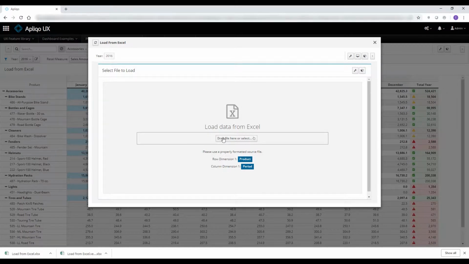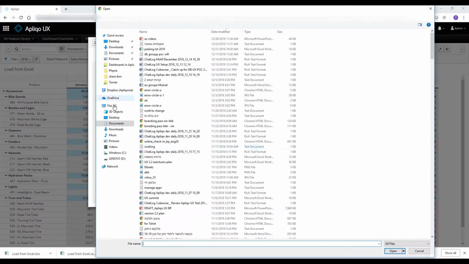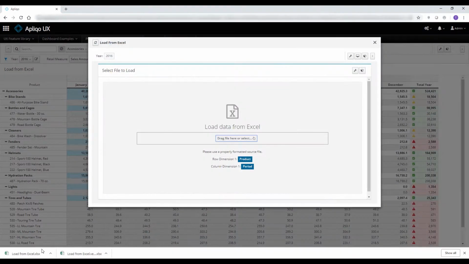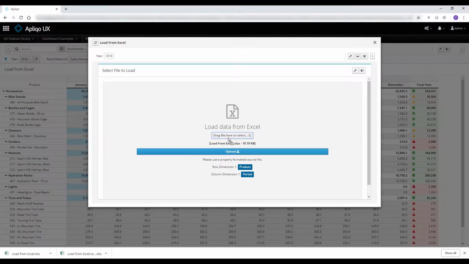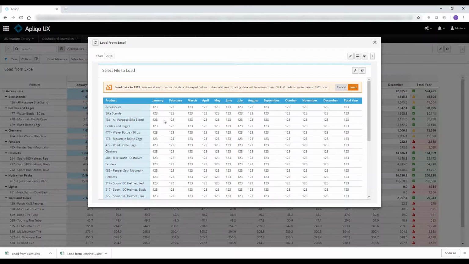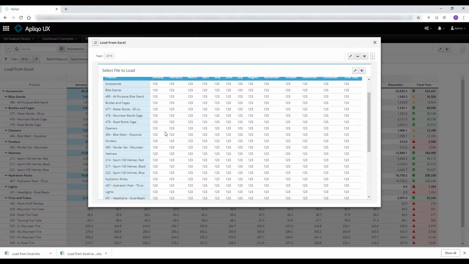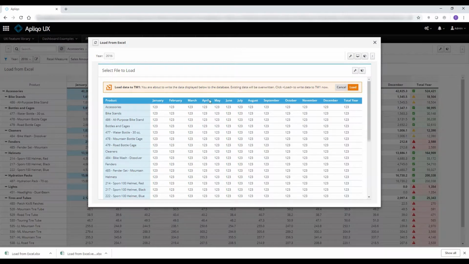This enables me to choose a file from any location on my computer or simply drag a file into the dedicated drop zone. Once I drag the file, load from Excel, the file I just generated, and click on upload, I get a preview of the same exact file I was just dragging into the interface. And I get a notification message letting me know that I'm about to write data back to TM1. And by clicking on load,